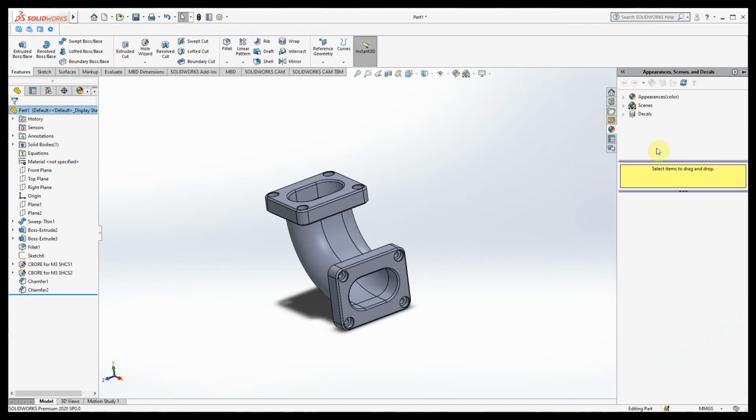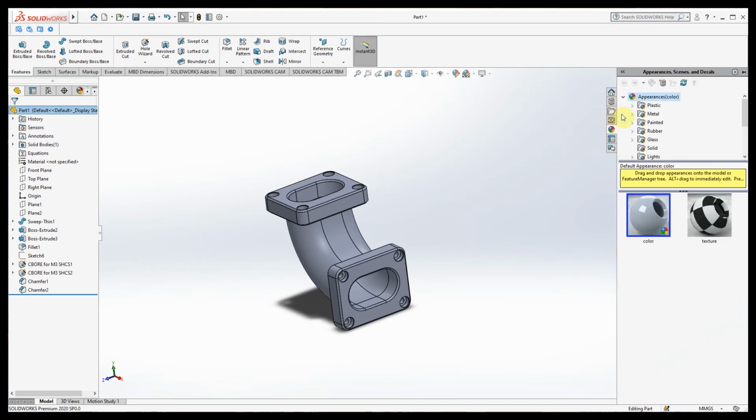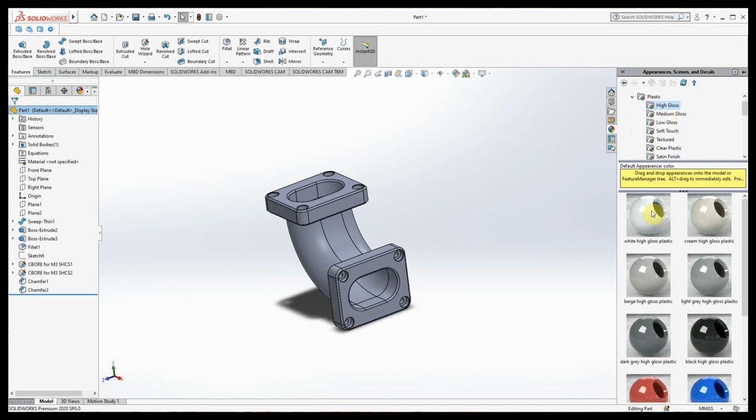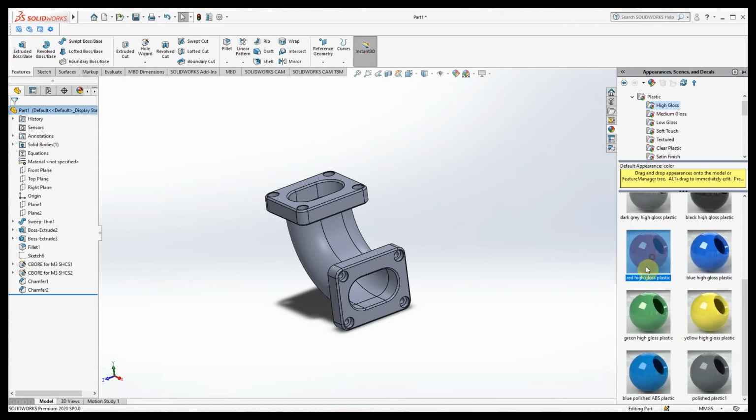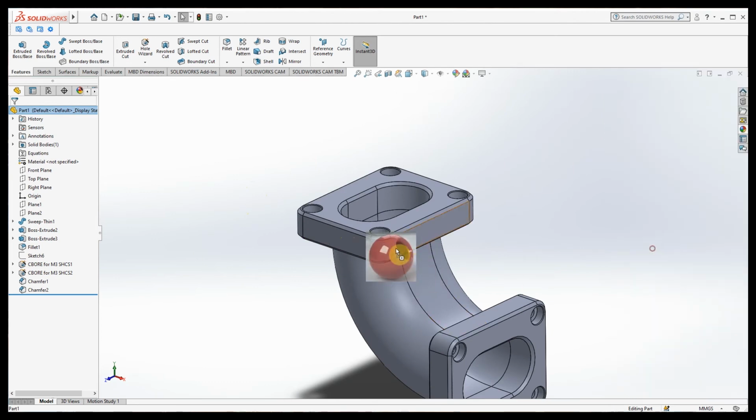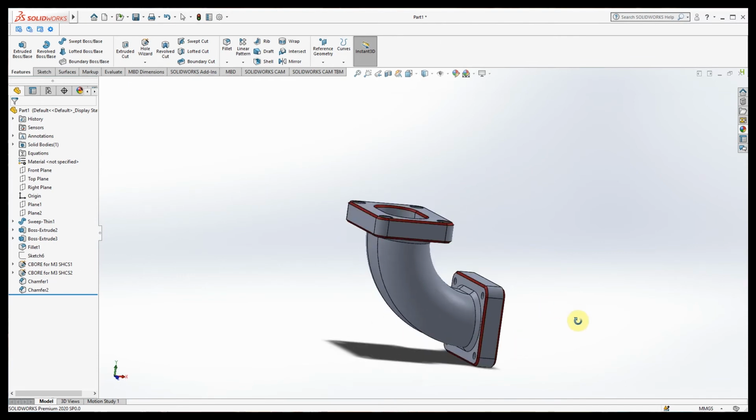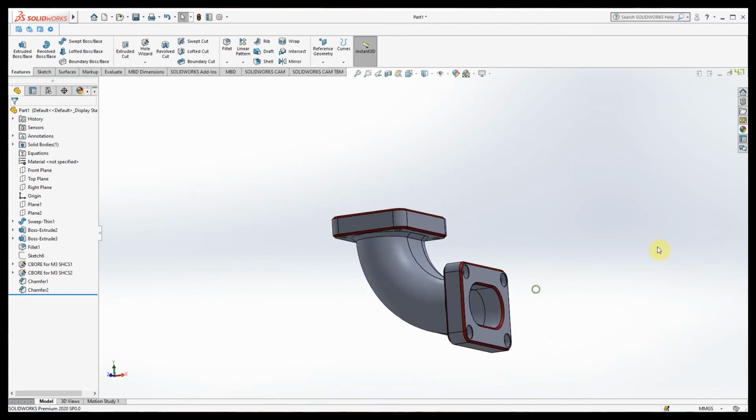For appearance, we can add some colors. I will show how to render this model in KeyShot. Add different colors. For chamfers I am adding a different color here. Only for chamfer I am adding a different color. And for this pipe connection we will add one single color.